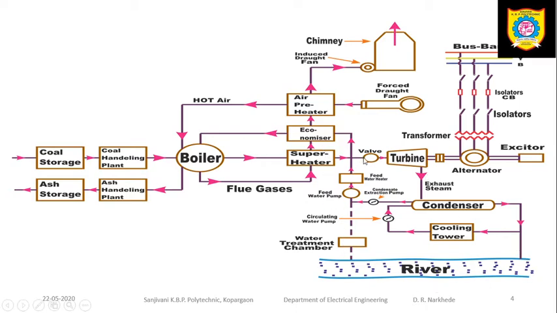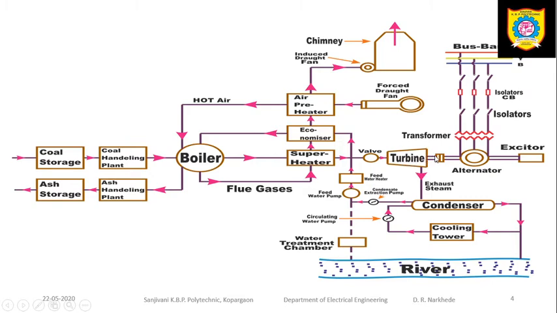Now, when the steam is generated, the temperature of the steam is nearly 500 to 600 degrees centigrade. That steam is forced on the blades of the turbine. For that purpose we are going to use a valve. The valve will control the amount of steam which is going to be imparted on the turbine. So when the steam makes an impact, the turbine will rotate.